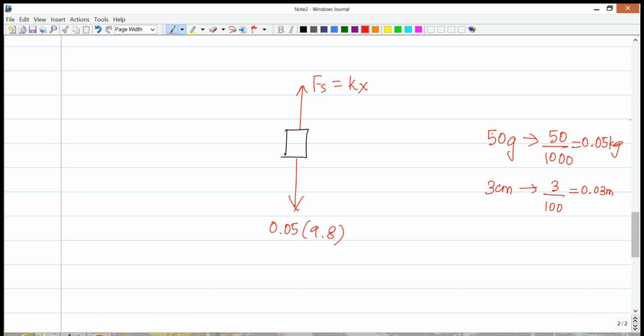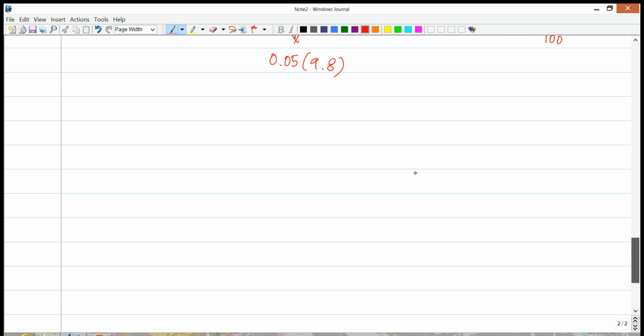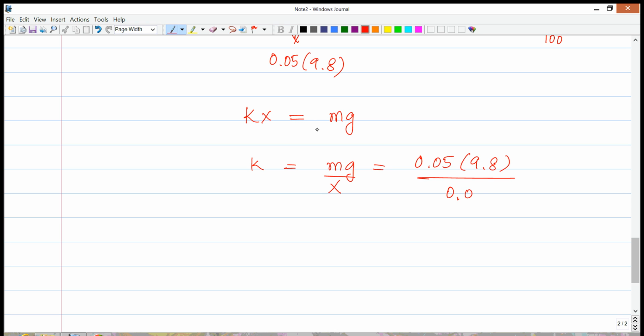Once we get all this, since the object is in equilibrium, all the forces cancel out, and so we know that K times X is equal to M times G, and so K is equal to M times G over X, which happens to be 0.05 times 9.8 divided by 0.03. That is nothing but 49 divided by 3. Just move the decimal places around a little bit to do a quick calculation, and this ends up being equal to